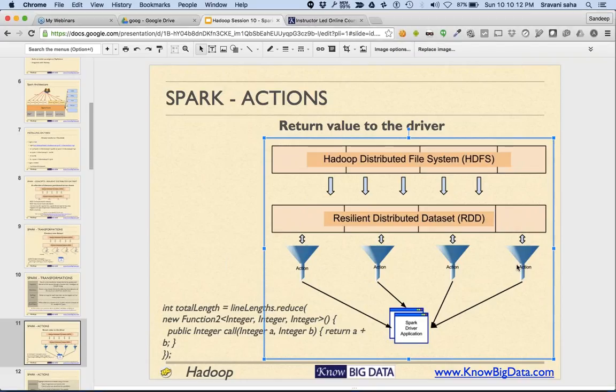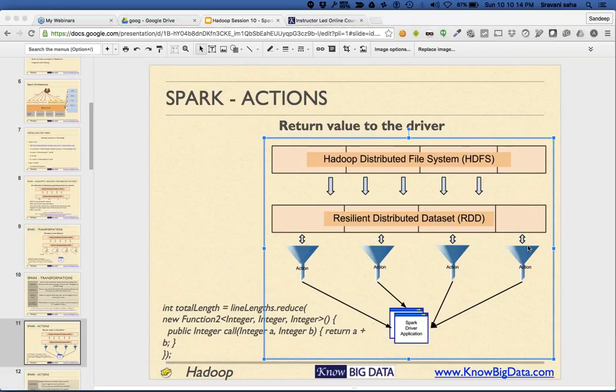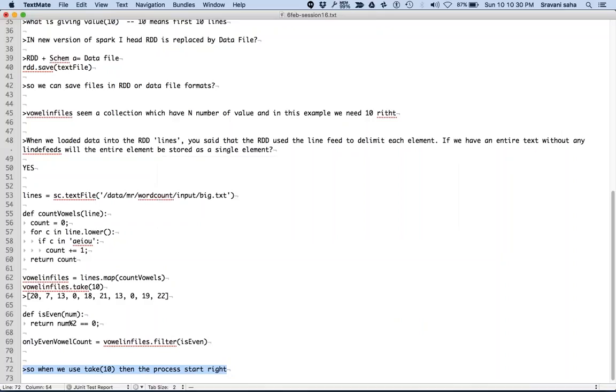Okay, a question from Anian is, are take and filter inbuilt Python functions for Spark? No, they are provided by the Spark library. So right now, whenever we say lines equal to this, lines is an object which Python has provided.